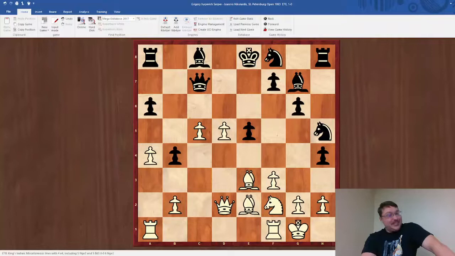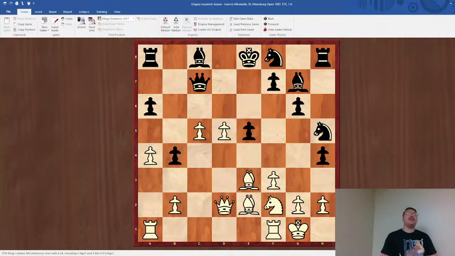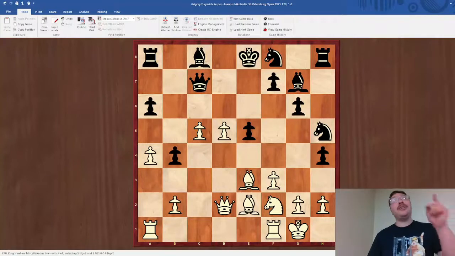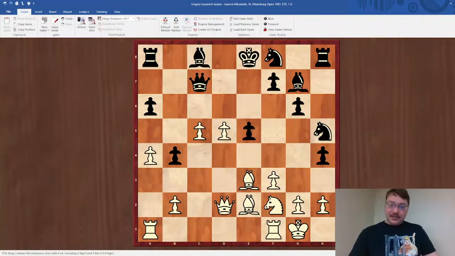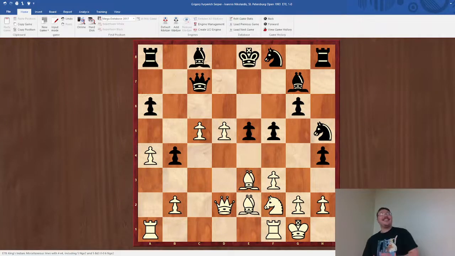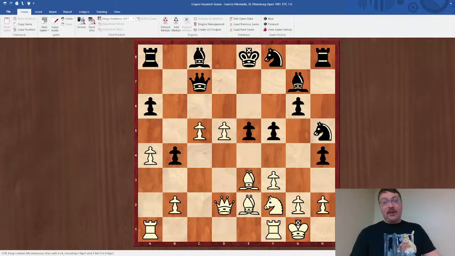Because D6 is coming fast. And hey, Queen B4 might be good. All of a sudden, the E4 square is cleared for the knight. It's not as crazy as it initially sounded when he suggested it. F5. Well, there goes that idea of playing knight E4. But obviously,